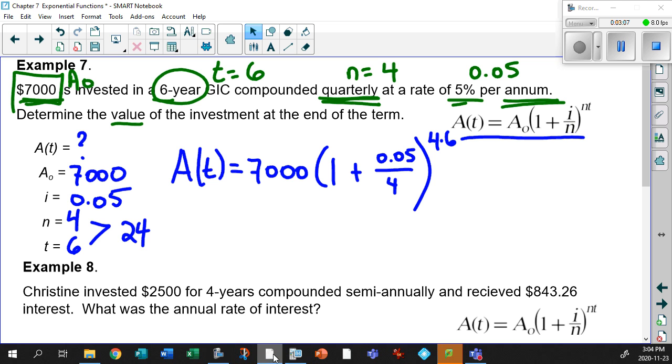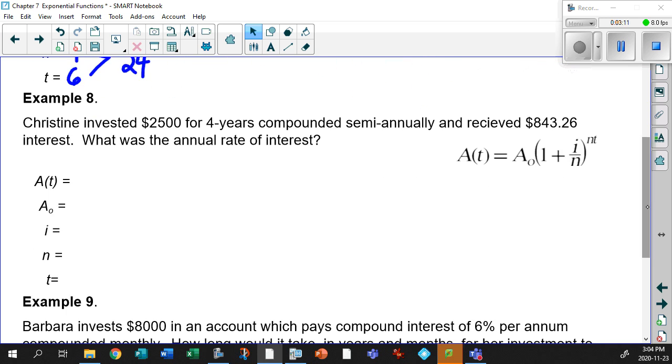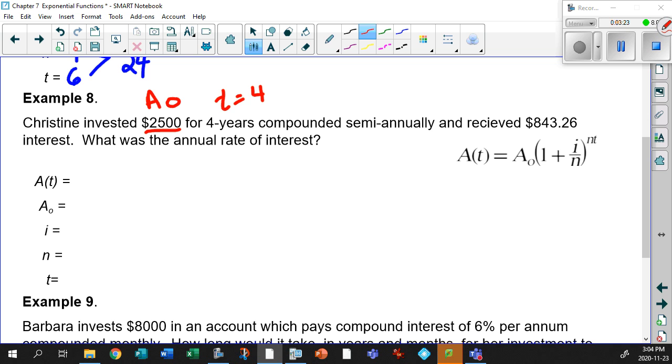Okay, so now let's start playing around with this formula. Look at this next question. Example 8. Christine invested $2,500 for 4 years. So this is our A naught, and 4 years, that's our time. Compounded semi-annually, so N equals 2, right? And she received